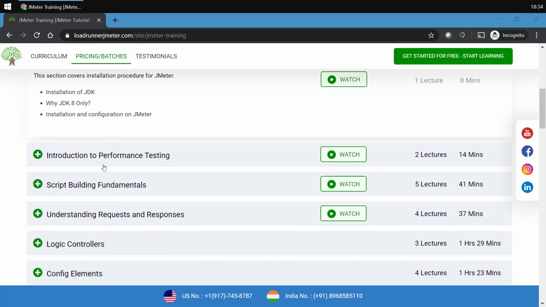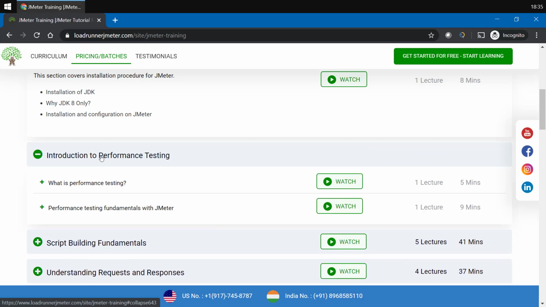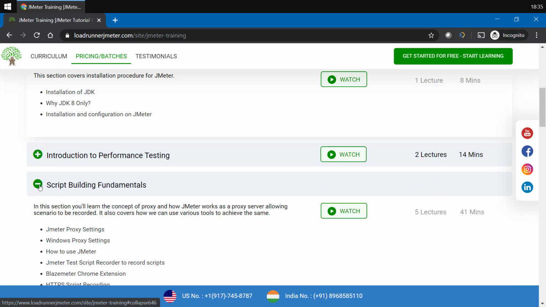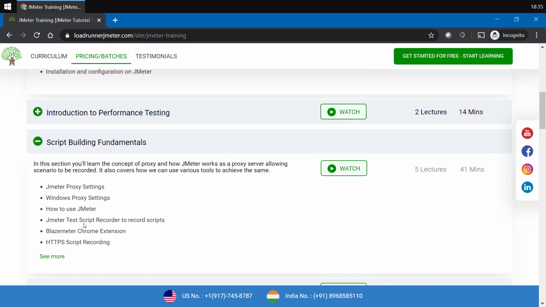Next thing is the basics: what is performance testing, and what all things we are going to do in performance testing, right? So you need to know about these terms. These are very small videos, you need to go through them once. Then the next thing is script building fundamentals. Here we would be learning how we can start working with JMeter. It has a proxy server built inside, how we can make use of that and how we can record scenarios,